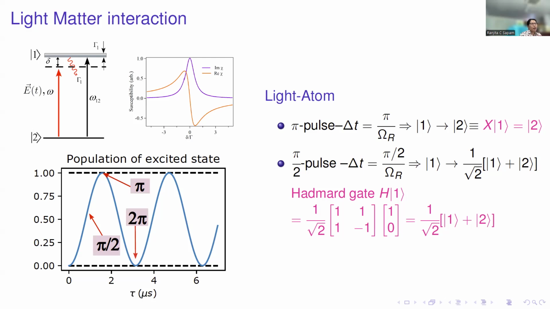And if I apply my Hadamard gate on the ground state, then I can make a superposition of the ground state. So what does it mean? I just need to turn on my laser light for this particular time, let's say 1 microsecond. Then I will make my atoms in a superposition. If I start with the ground state or excited state, 1 or 0, whenever I shine a pulse of light for a particular time tau equal to 1 microsecond here in this picture, then I prepare my state in a superposition state. This is how we implement the gates. There are a few examples; I'm giving single qubit gates in the experiment. This is how we prepare the gates in the lab.